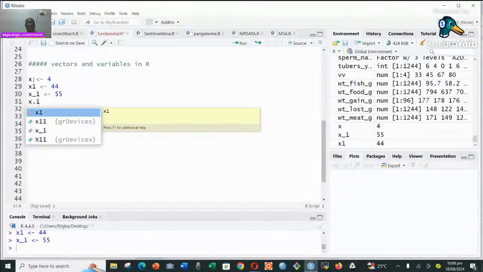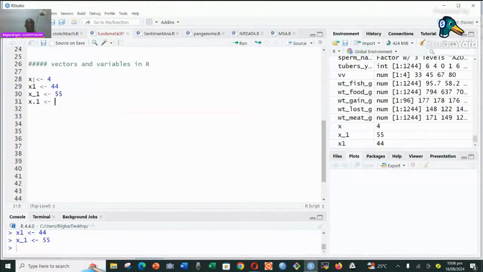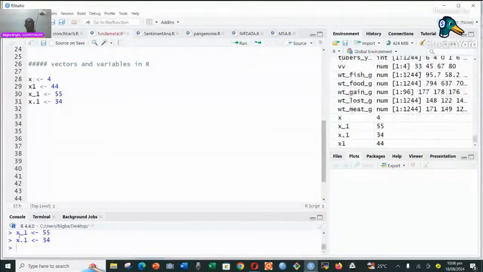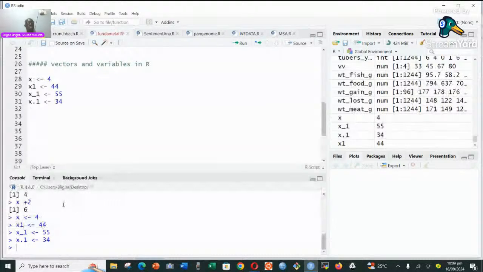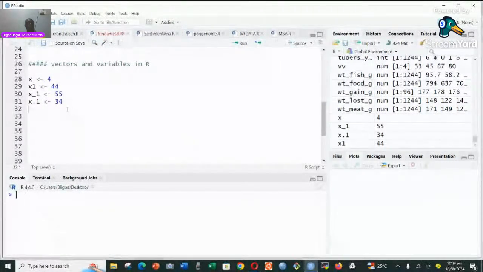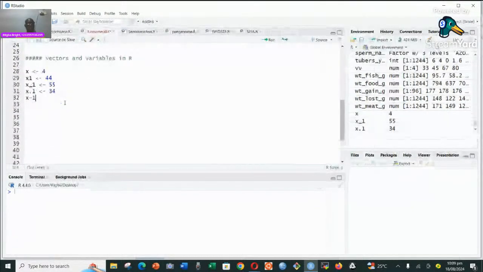So if I have x.1, I can assign anything at all I want to it. And when I run it, if it is properly done, you will see it come to the console and the color will change to blue, telling you that it is proper. If it was not, it will not. Now, but I cannot say x-1. When you do this and you try to assign,